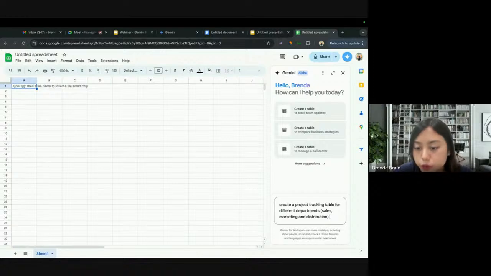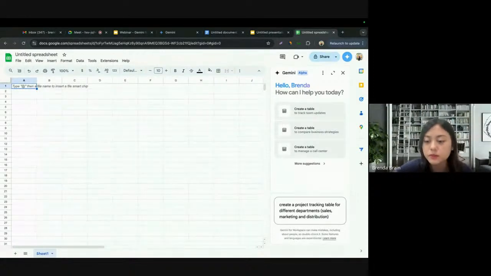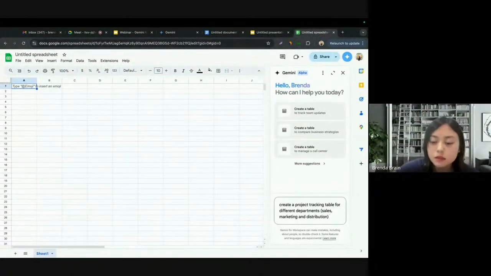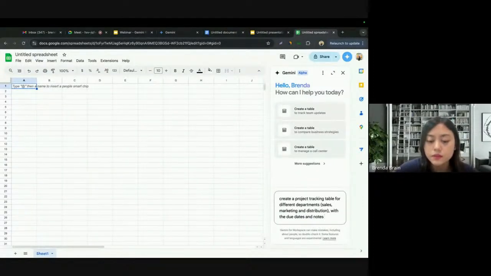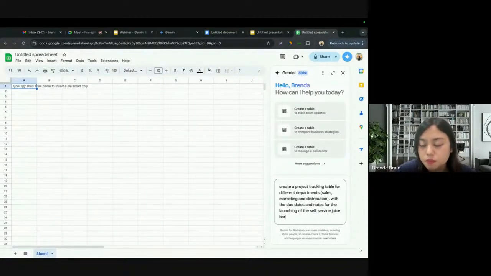And create a project tracking table for different departments with the due dates and notes for the launching of the self-service juice bar,